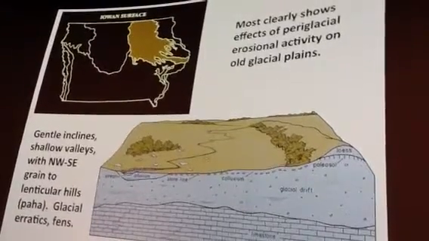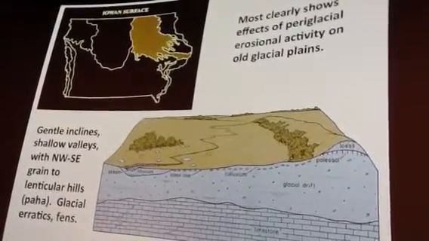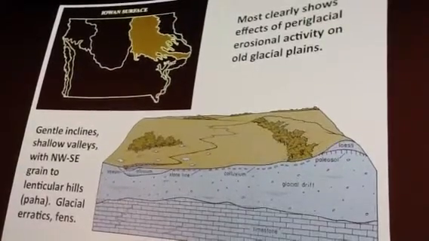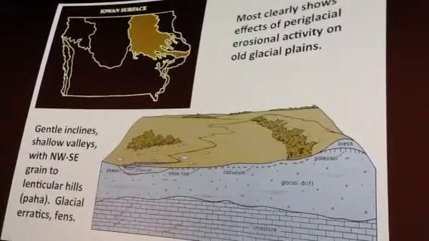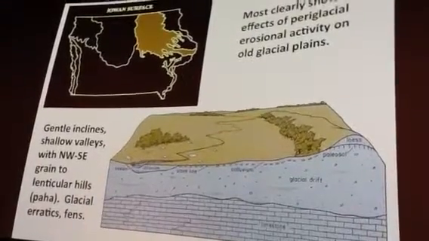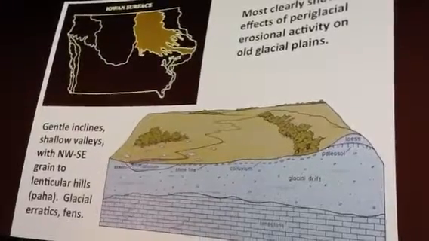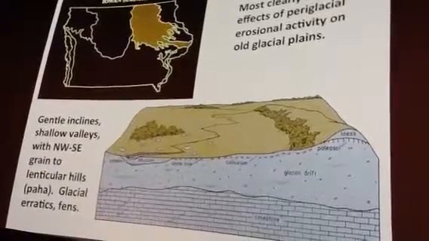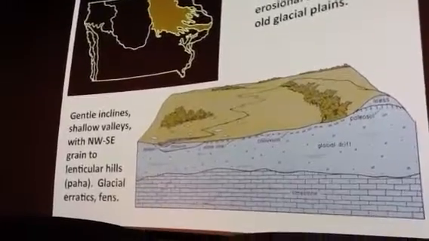The next landform region is the Iowan surface. And this one and the next one, which are the Northwest Iowa Plains, are two of a kind. We're not to the Northwest Iowa Plains yet, but they're that region on the other side of the Des Moines Lobe, west of the Des Moines Lobe. These two regions have a lot in common. It's a very open landscape, gentle slopes, gentle inclines, shallow valleys, and this area most